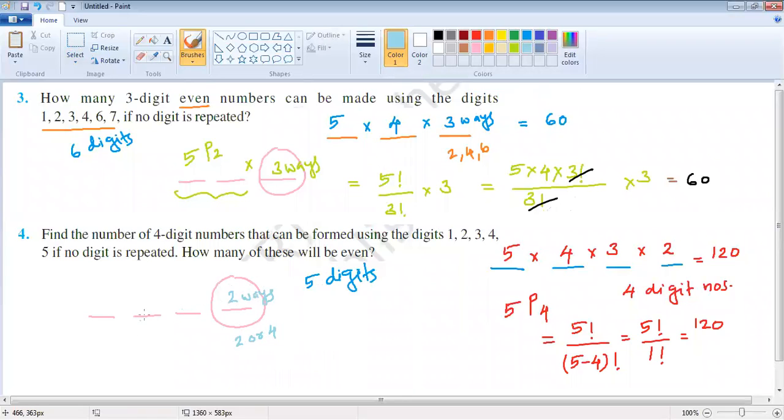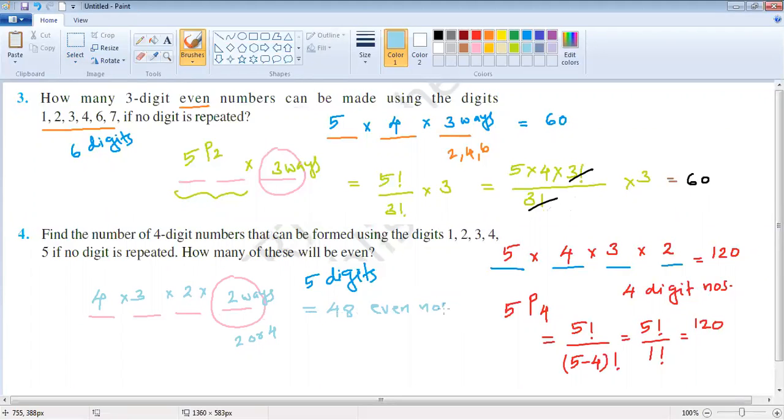You already have 5 digits, from which one digit is used, so for the remaining 3 positions, the first position has 4 possible ways, the next position 3 possible ways, and the third position 2 possible ways. So it is 4 into 3 into 2 into 2, 24 into 2, that is 48